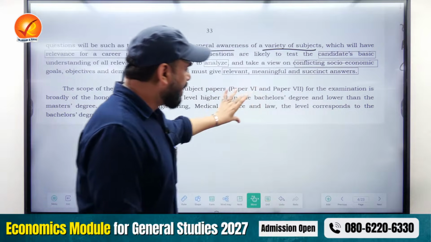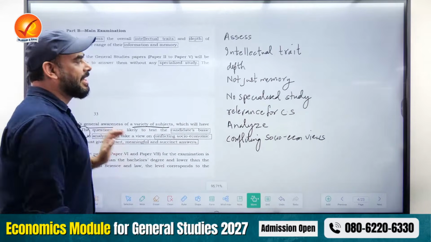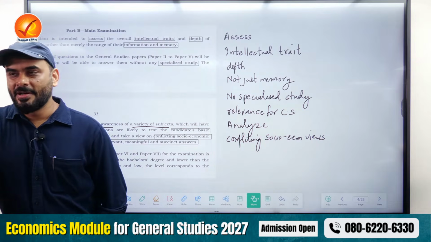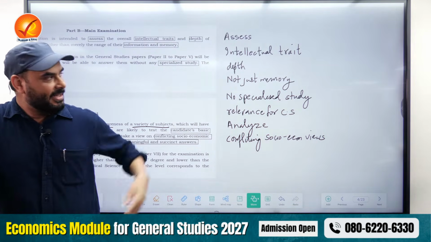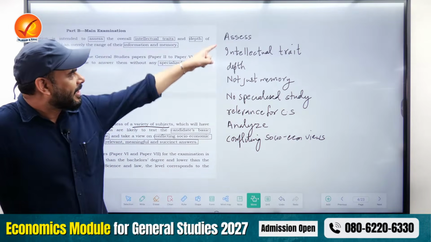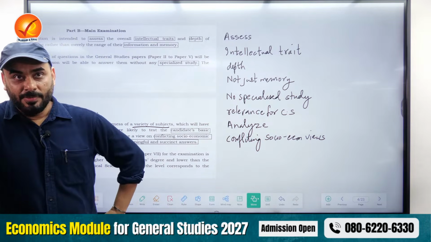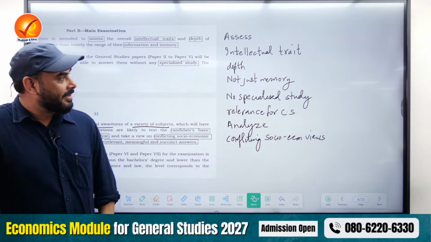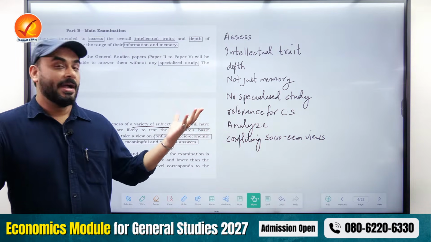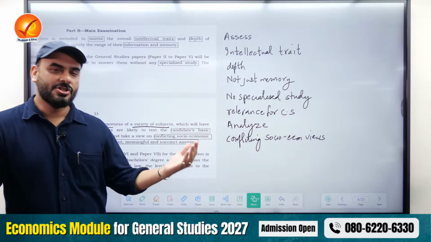So, if I were you and I were preparing for the exams, I would make a list of these words and I would try to put these words in my mind forever till the time I'm preparing, so that it keeps guiding me about the extent to which I have to prepare for this exam. So see carefully, assessment has to be done. So you have to learn the art of assessment. Then they're looking for intellectual traits. As I told you, logical mind, thinking mind, you have to substantiate your points.